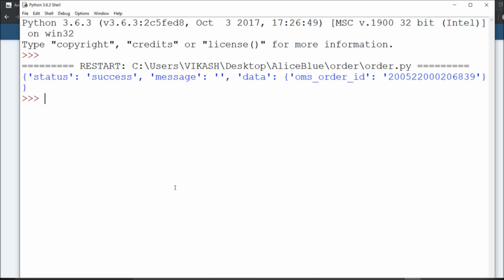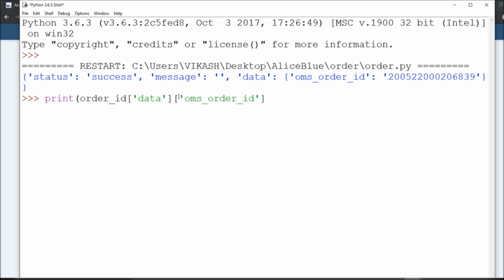So first of all you have to read whatever order ID you got, you have to read your data. Okay, so JSON is there. So what you do is you have to say about this OMS order ID. Okay, so just fetch this and you can call it this way easily. Okay, so your OMS order ID will fetch whatever you got.